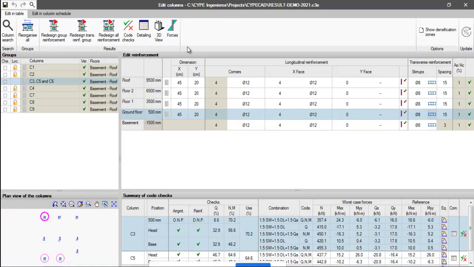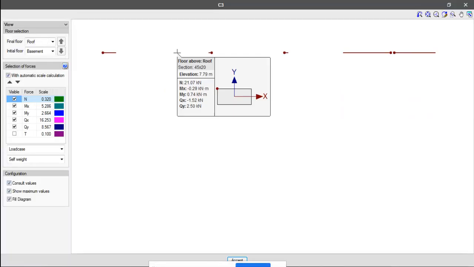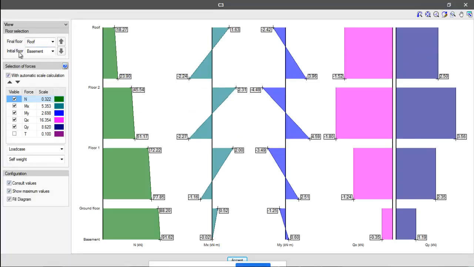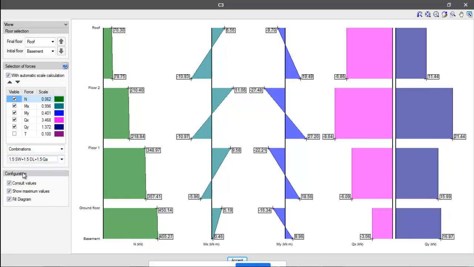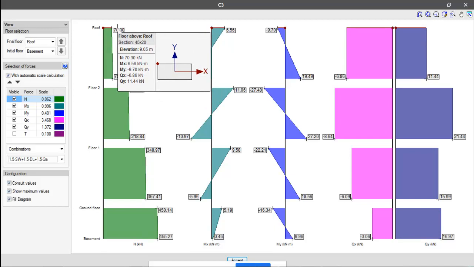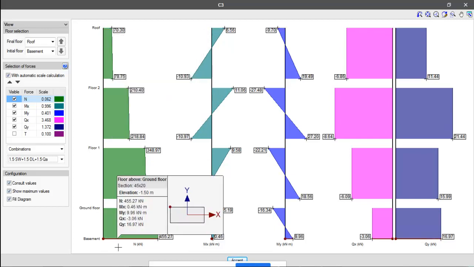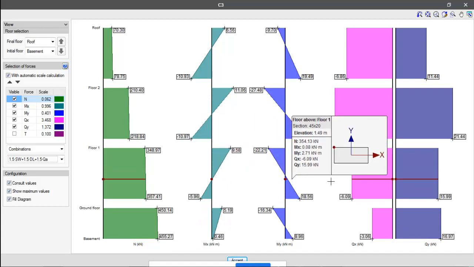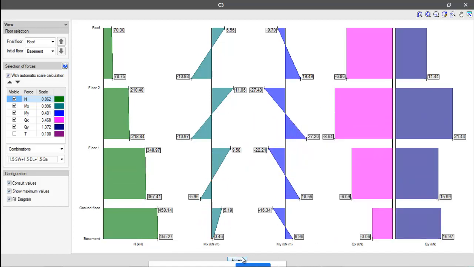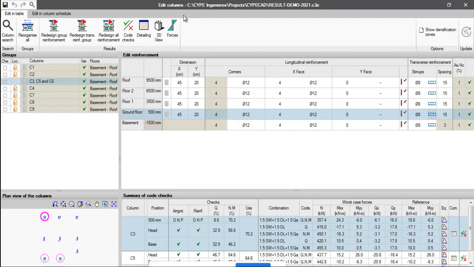Okay, now if you want to see the forces of the column, you can just click on these forces from basement to the roof level, and you can select whichever load combination, and then you can see these are all the forces coming from roof level till the foundation level. Okay, and moment is there, forces are there, shear is there, everything is there. Then based on these forces, the design is already done.